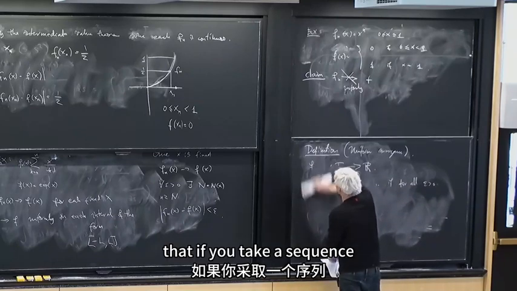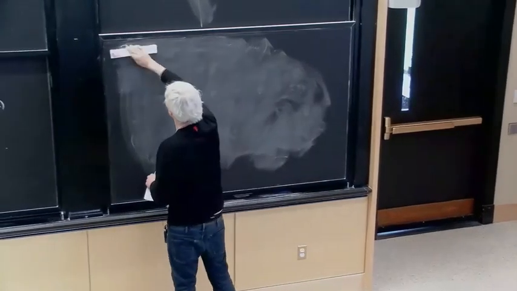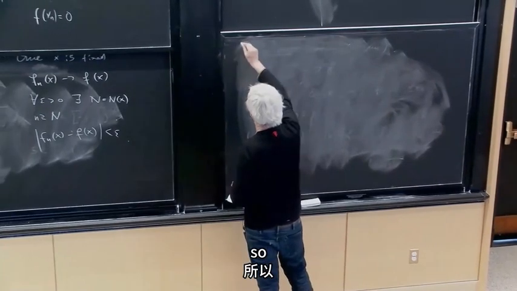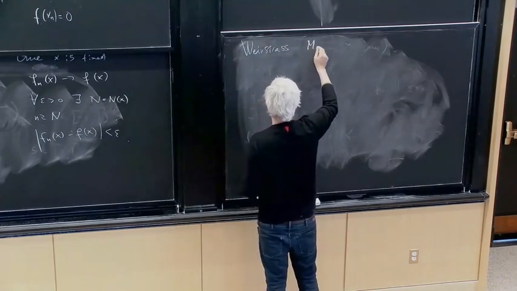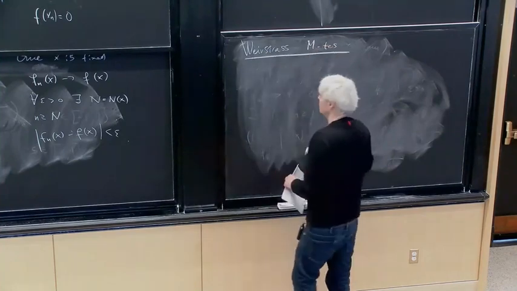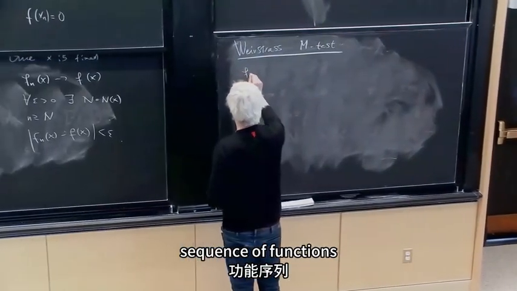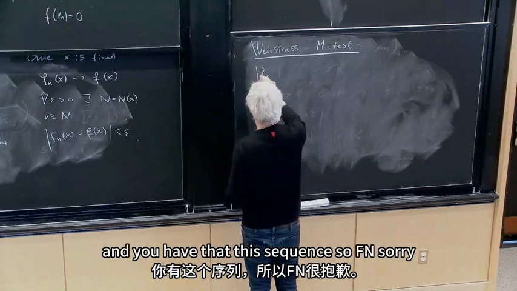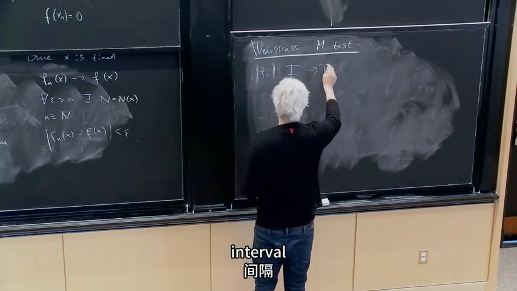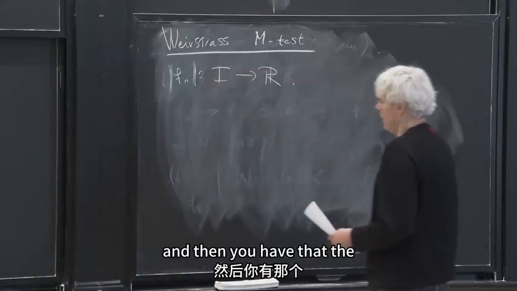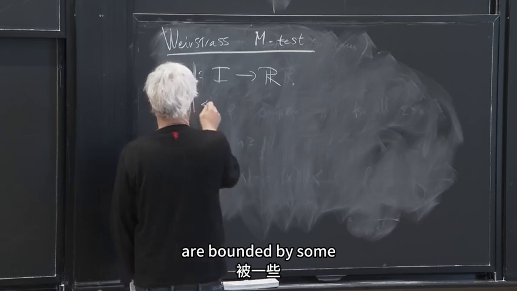In the Weierstrass M-test, you have a sequence of functions f_n, which are functions on some interval into R. And then you have that the f_n are bounded by some